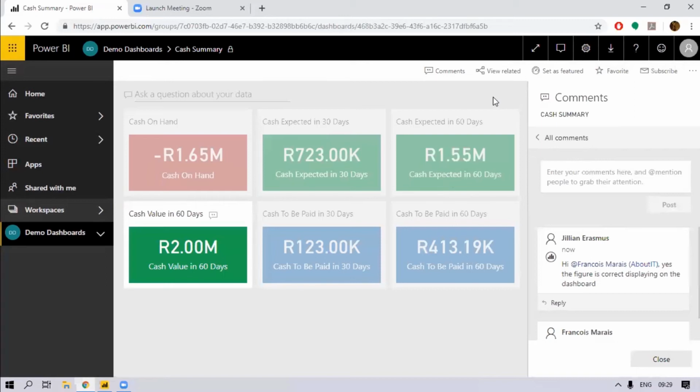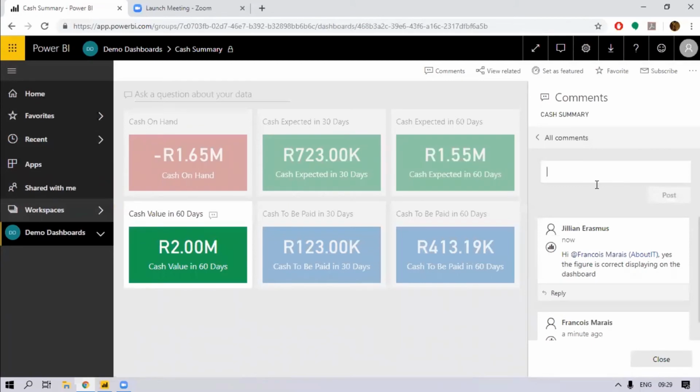So when you create your report or dashboard that can be published to the mobile app, the same features still apply. I can also start a conversation on my mobile and everything will be published and pushed to the cloud. So what makes Power BI very great for collaboration is it's connected through your devices as well. So it's not necessarily that you have to be